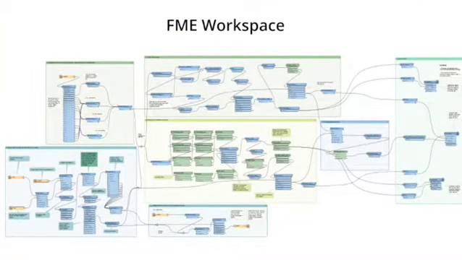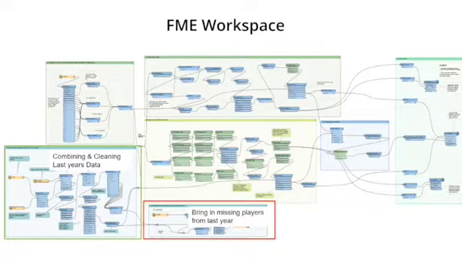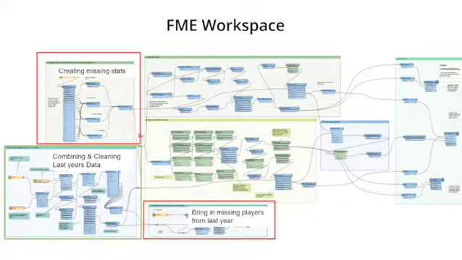So it's a bit hard to read, obviously trying to fit it into here, but basically I've broken it up into a few sections that I'll go through. So the first section is where you're just combining a lot of different data sets that have what you want, cleaning that up as well. There's also bringing in the missing players from last year that aren't included in the analysis, so your rookies and your injured players.